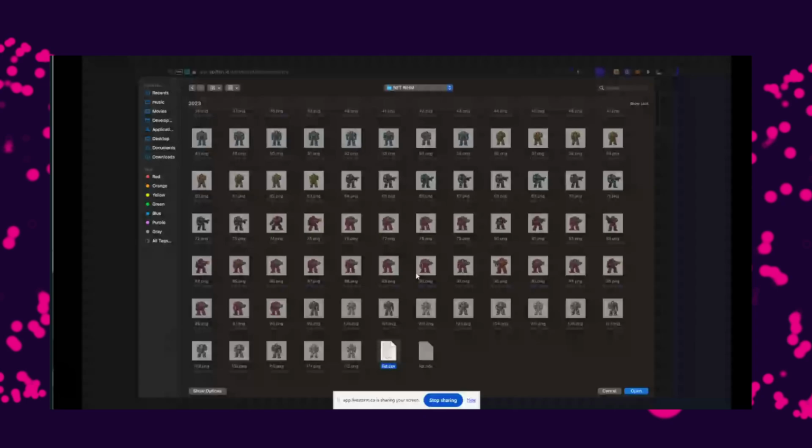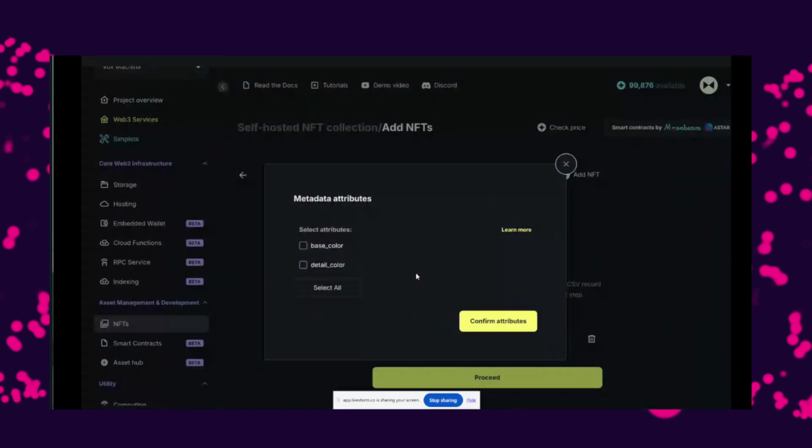In our flow, you can also get a template for this CSV file. So you will have all the columns already there. You just fill them out and it works out of the box. We automatically detect metadata attributes. Here we are following OpenSea standards. So whatever OpenSea and how they understand metadata attributes, this is what we are following. So if you set metadata attributes in your CSV file, we will detect it and you are able to use that.